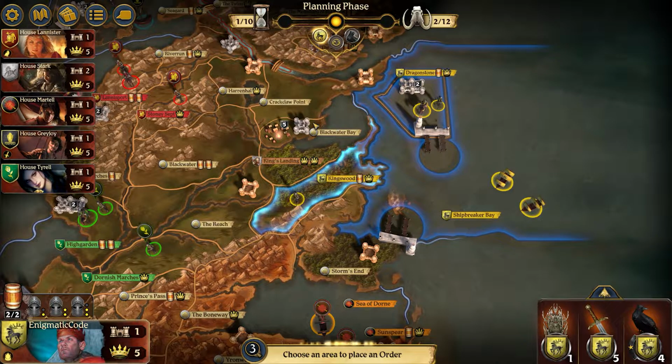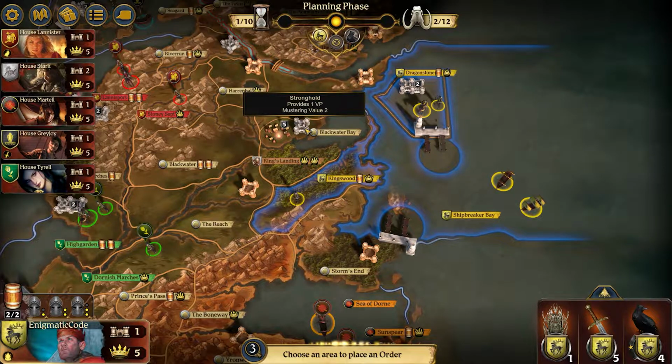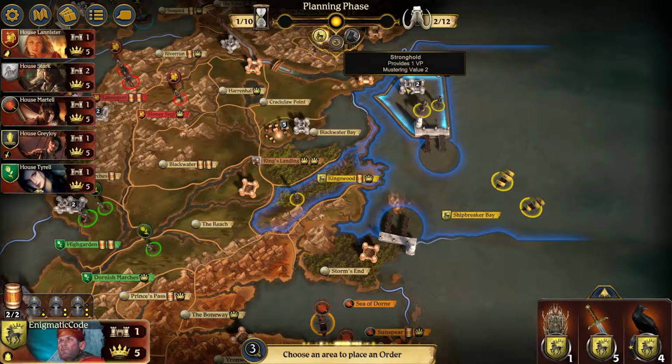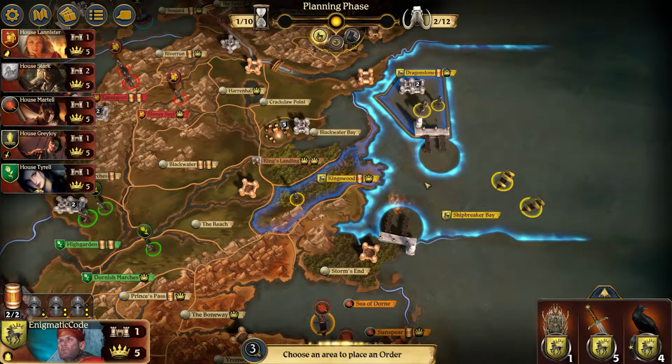So for turn 1, our objective is going to be to take King's Landing, and in order to do so, we're going to need to take out this neutral force of 5. The reason we want King's Landing is because it has a mustering value of 2, which along with your initial stronghold would give you a mustering value of 4. It would also give you 2 crowns, which, including your starting territory, would give you 4 starting crowns, which is